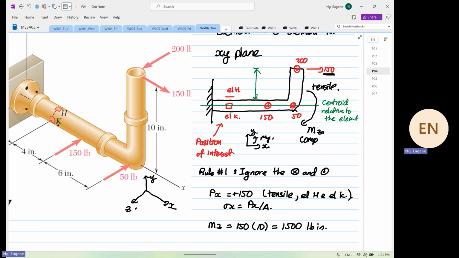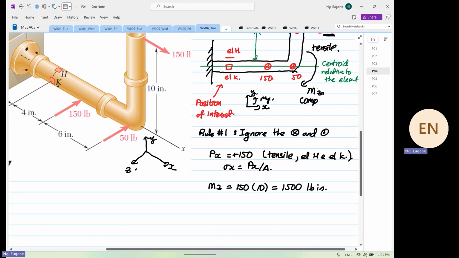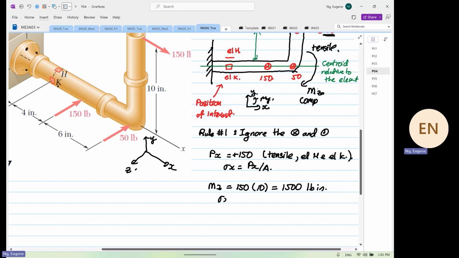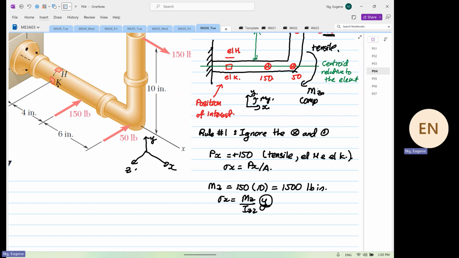Hold on. What compensates is this. You have stress X is equal to Mz over Izz multiplied by Y. This determines